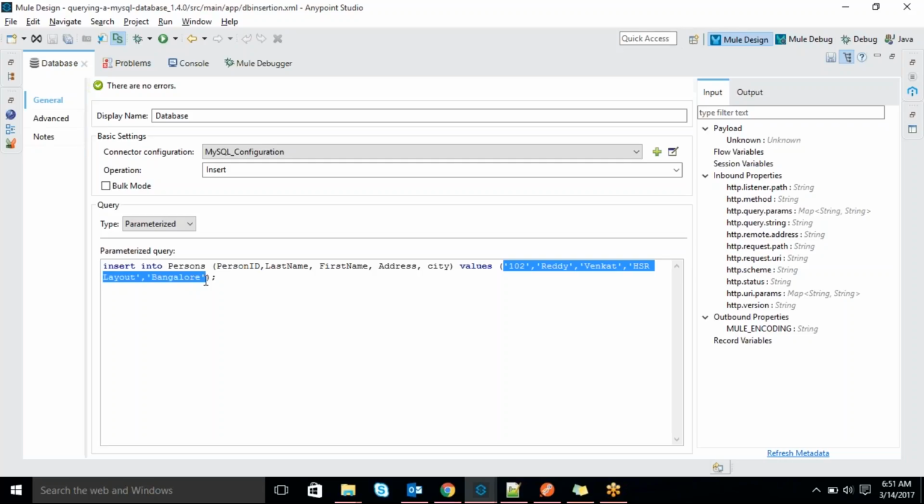So parameterized means it's almost equal to a prepared statement in Java. If you are not aware of prepared statements, a prepared statement is one of the interfaces in Java, and it has some methods.